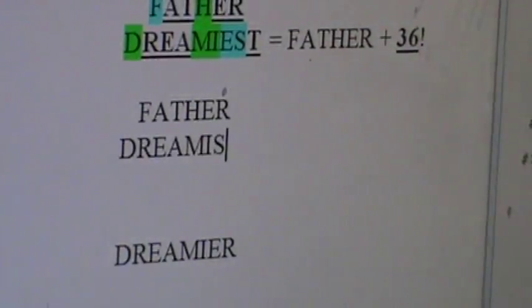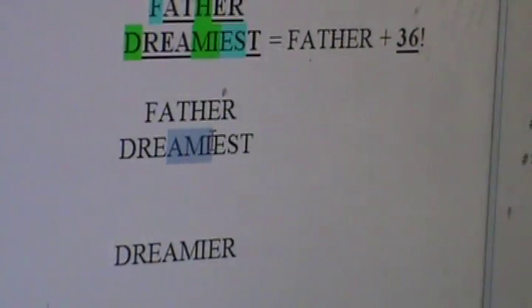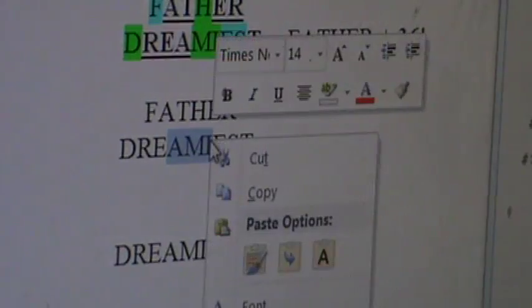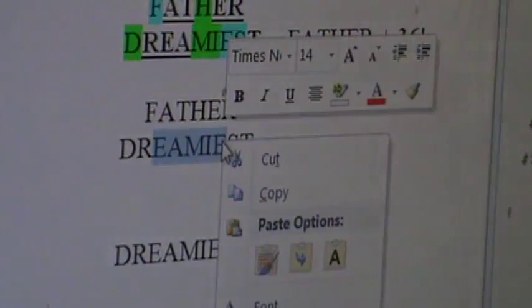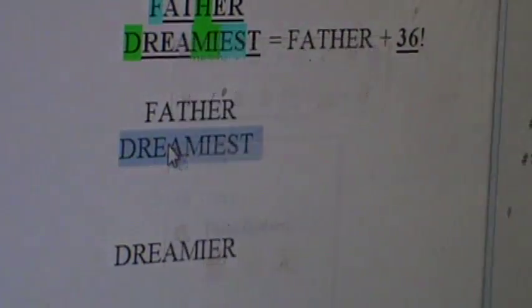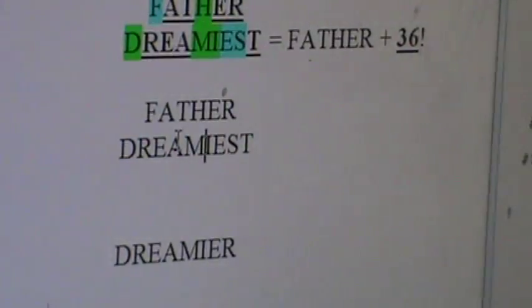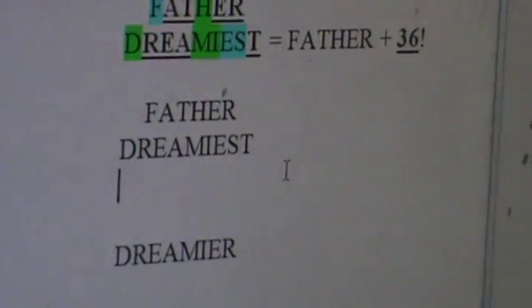I like symmetry. So let's take a look at the center here. That's a +2 offset. You'd have to collect this whole center. Oh no, that makes it divide by 3. I wonder if you could find Father in dreamiest. I'm sure you can if you pop off the 36 somehow. Oh yeah, pop off the R and the M and the E. It's easy to find Father perfectly in that word mathematically. But that's an obvious offset for Father, the dreamiest.